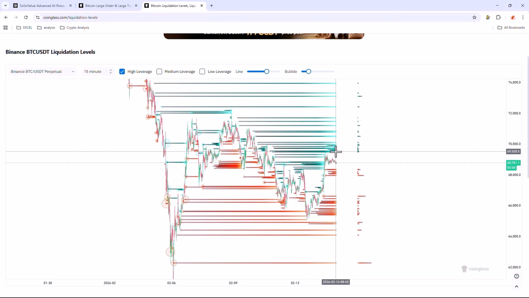Currently, we can see buy-side liquidity located at the $70,000 level, ranging from $69,500 to $70,000. And finally, on the sell side, we can also consider the range from $68,900 to $68,000 as high importance liquidity zones where the price could move downward. It could enter the first fair value gap zone to collect liquidity, then move upward again so that buy-side liquidity can be gathered, and then after that, continue its downward trend to collect sell-side liquidity.